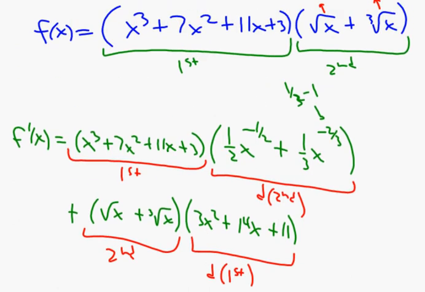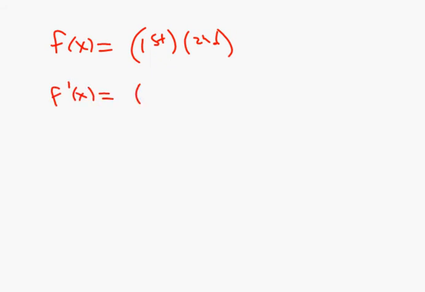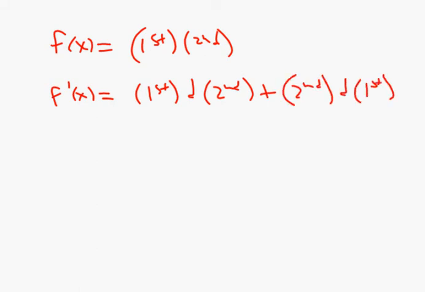So here's a fun question. All right, so what we've shown is that if you have f of x equals first times second, then we know the derivative, right? It's going to be first d second plus second d first. But here's a good what if. So what if